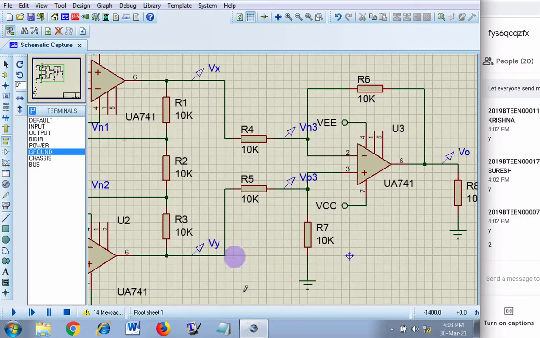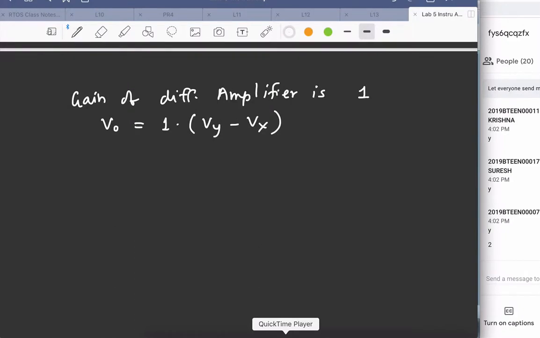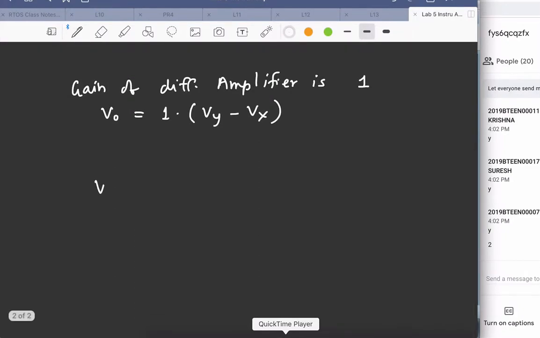The equation of gain is VO is equal to gain of differential amplifier, which is 1, then 1 plus twice R3 by Rg.